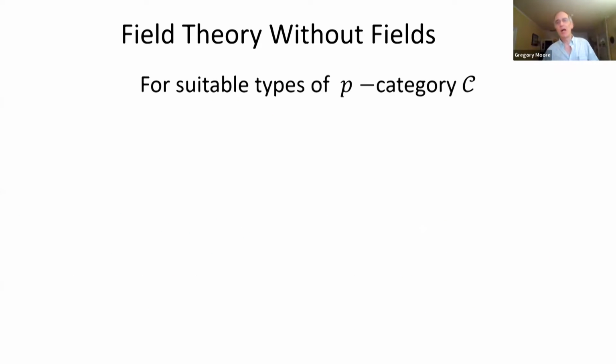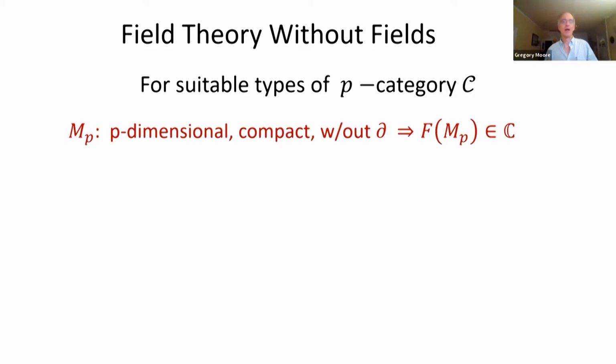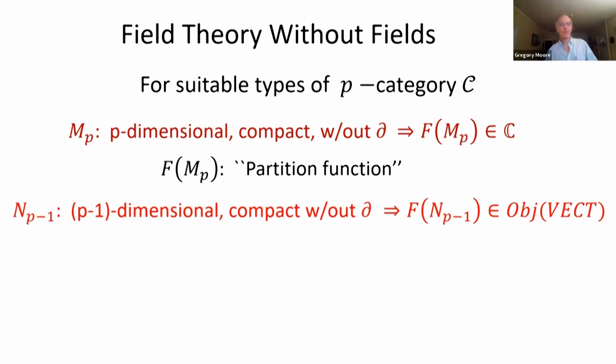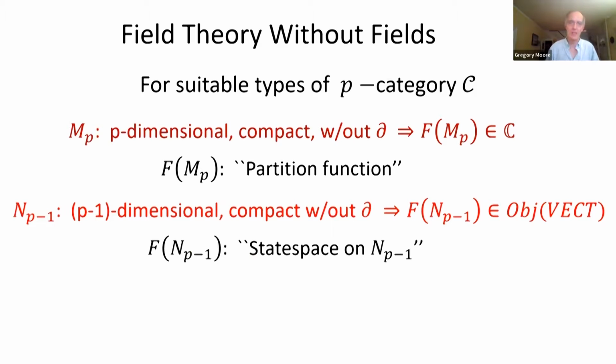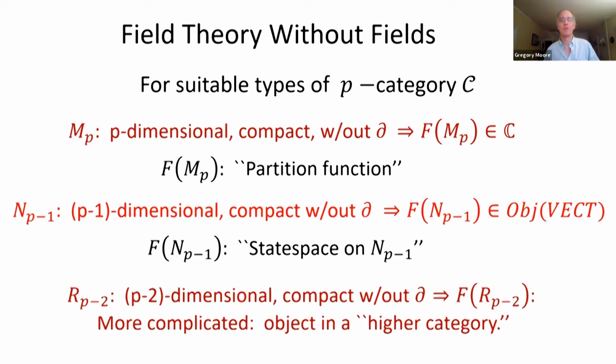Now, for suitable types of p-category, if M_p is a p-dimensional compact manifold without boundary, the value of the functor on M_p is a complex number, and that's called the partition function on M_p. If N_{p-1} is a (p-1)-dimensional compact manifold without boundary, then the value of the functor on N_{p-1} is an object in the category of vector spaces. In other words, it's a vector space. It's called the state space on the spatial slice N_{p-1}. If we go down to higher codimension,